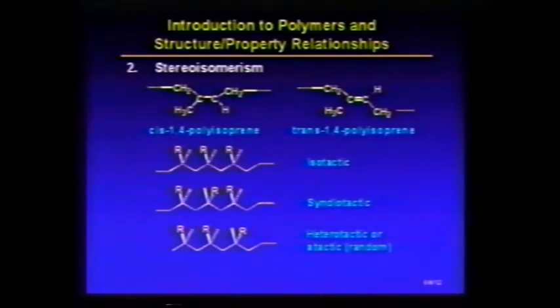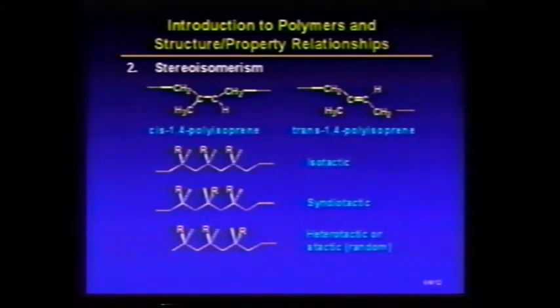of cis-1,4 and trans-1,4 polyisoprene. These two molecules, which are of course simple isomers of each other, have rather different properties. Cis-1,4 polyisoprene is the base material typically used to make a rubber band. That would be cross-linked with sulfur. It's very, very flexible. Trans-1,4 polyisoprene is much more stiff and hard. It is partially crystalline, and it would be more likely to be used as a golf ball cover rather than